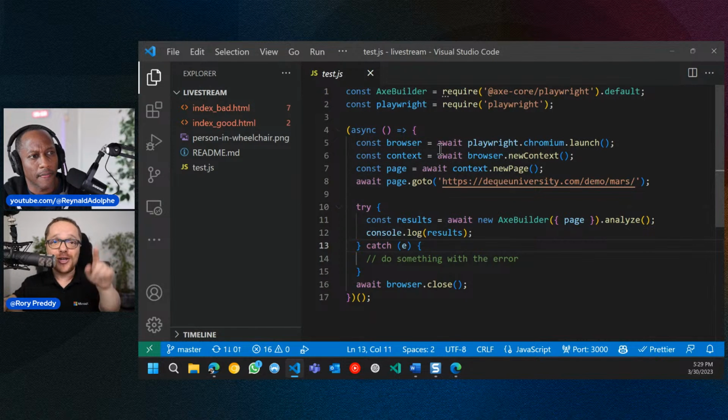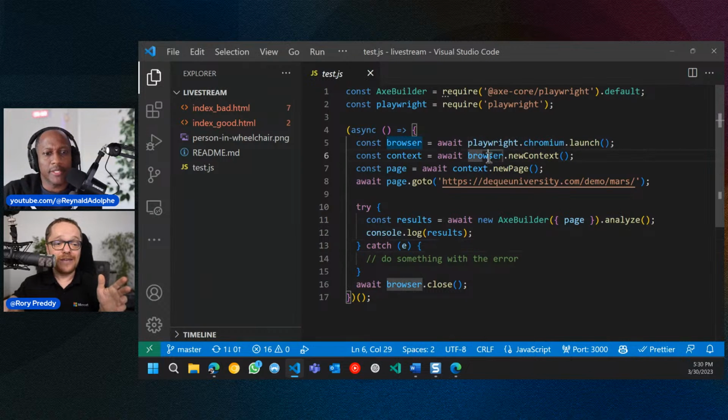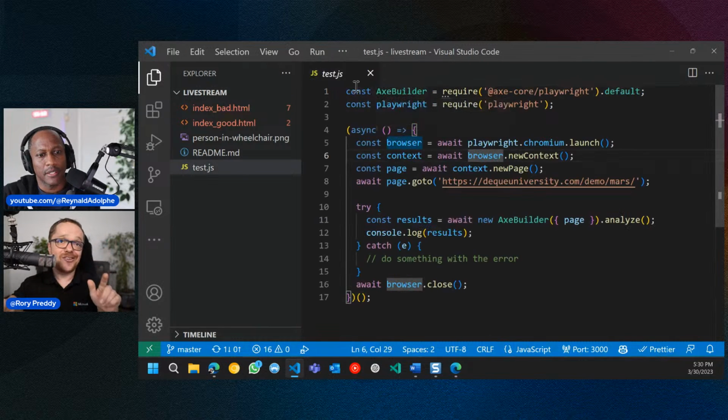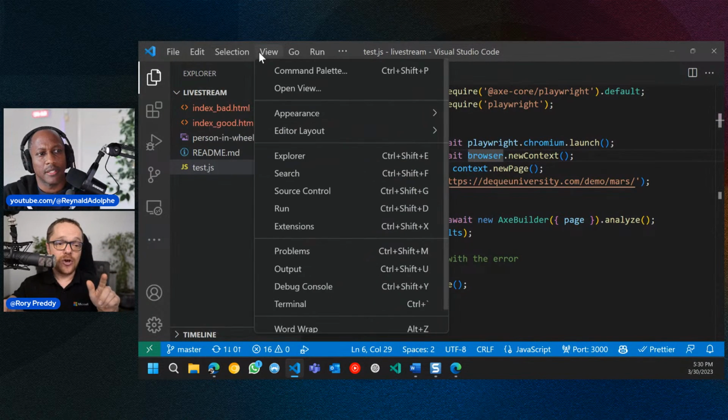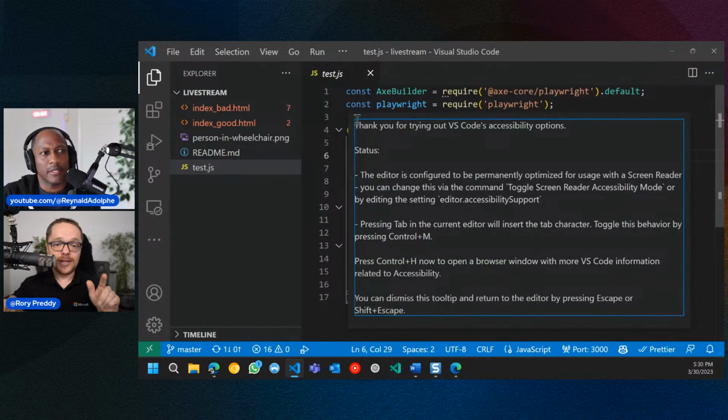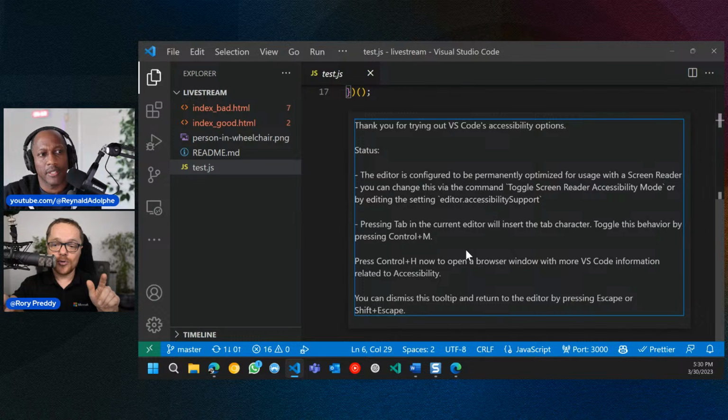Okay, it's not switching on, it's not behaving. It may have picked up something, so it's not actually switching on though. But someone said Control M. Does that do something? Control N, no, that's Control New though. But I'm not worried about that because we're not going to test screen readers just yet. So you can actually go view command palette back here. Let's go show accessibility help. It does say they said Control M. M as in Mary. Did you try toggle screen reader accessibility? Yeah, pressing U. Not too sure why.